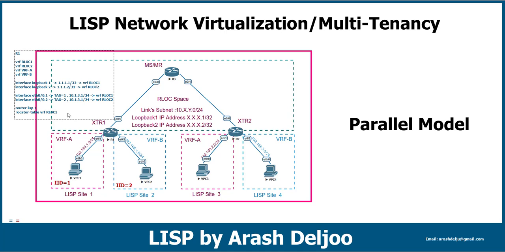After that, we can configure the same command that we configured before: EID table, then VRF A, and then instance ID 1. Then you can use the database mapping command again, with a configuration similar to what you learned before: database mapping 192.168.10.0/24,